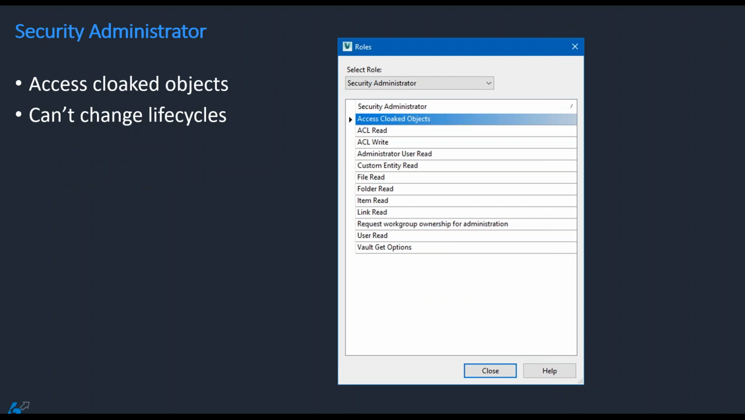The Security Administrator role provides authorization for security settings for all object types. This includes files, folders, items, and custom objects. Users with this role also have the ability to see objects that are cloaked, so they can modify the permissions. So in prior versions, the only role that could access a cloaked object was the administrator and maybe Romulans or Klingons. And a cloaked object basically means a user doesn't have rights to the object, but it is still visible